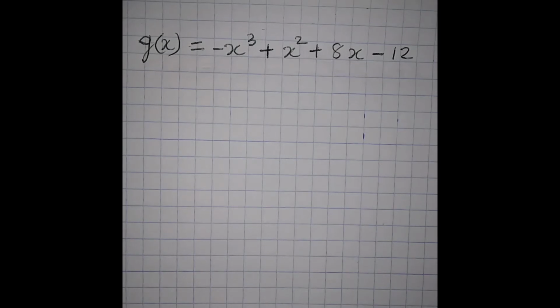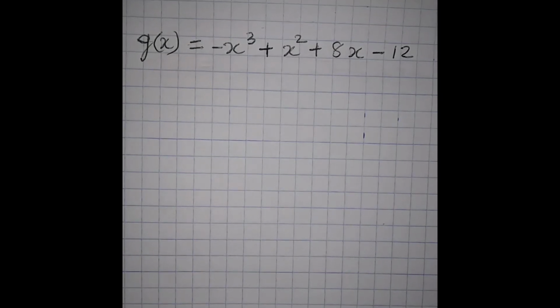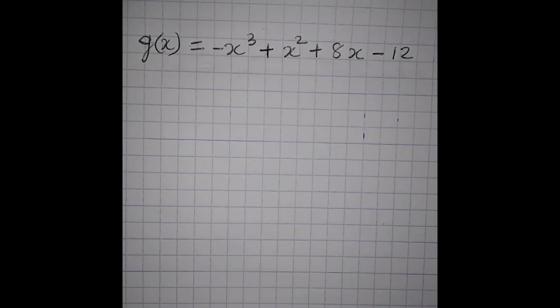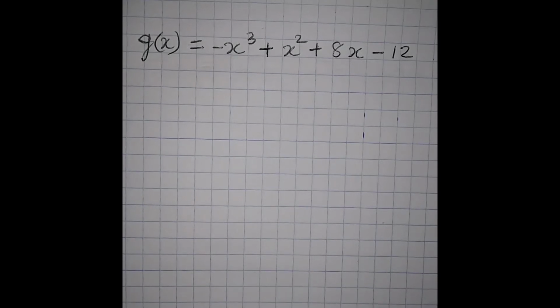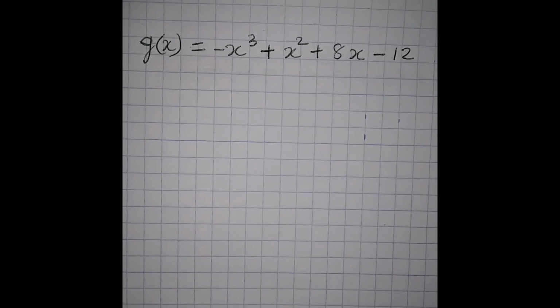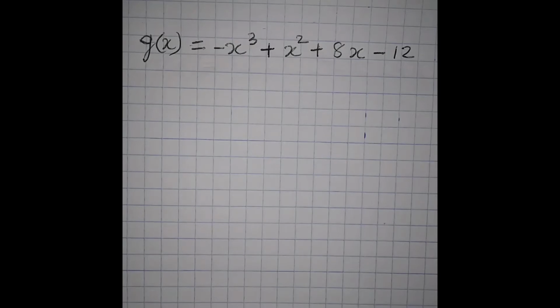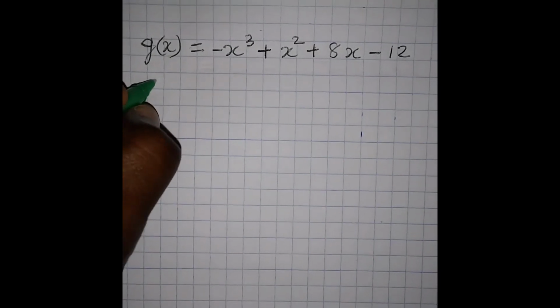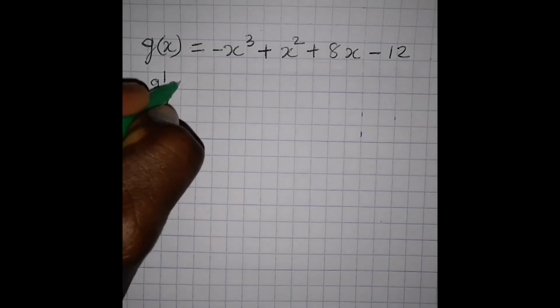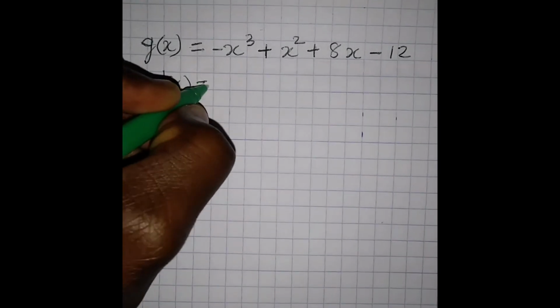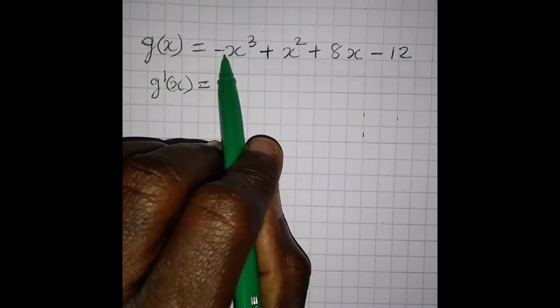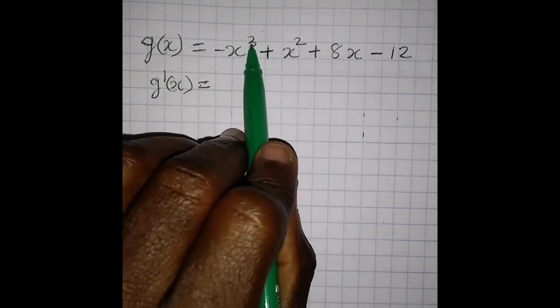Now, in the earlier lesson, I told you that if you want to find the x-coordinate of the turning points of the cubic function or the cubic graph, the first thing you need to do is to determine the first derivative of the function. So we write g prime of x is equal to negative 3 times 1 or 3